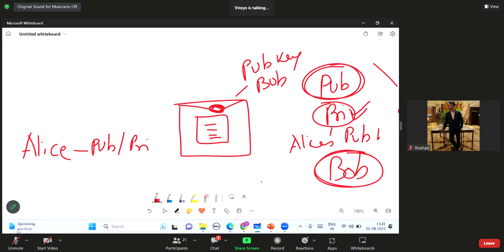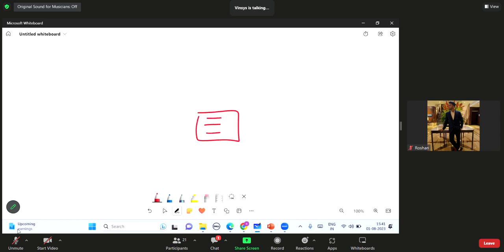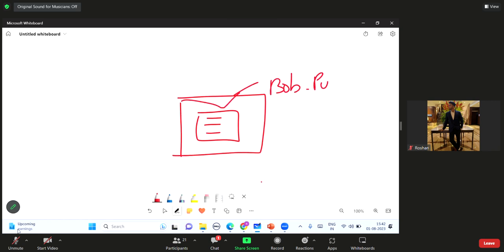Nobody else other than Bob will have access to this file because it is encrypted using Bob's public key. Once Alice has encrypted that file using Bob's public key, even she will not be able to open this file because now it is locked. She does not have this key. Only this key is able to open that file. So this is what confidentiality is. Let us go one step ahead now. Alice has created this file and she has put it in the envelope using Bob's public key.